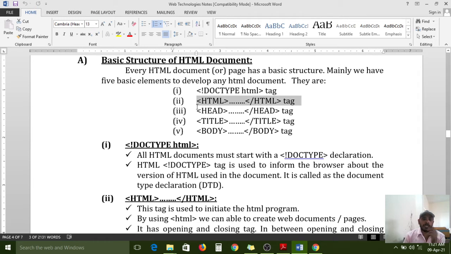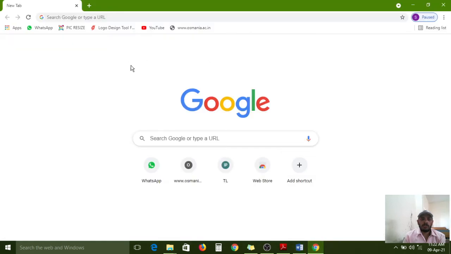HTML opening tag and closing tag are optional, but the remaining tags are mandatory to use. If you want to display a title for your web page, then the title tag is also mandatory, because in between these title tags we need to configure the web page name. Then the browser displays that name in the new tab.